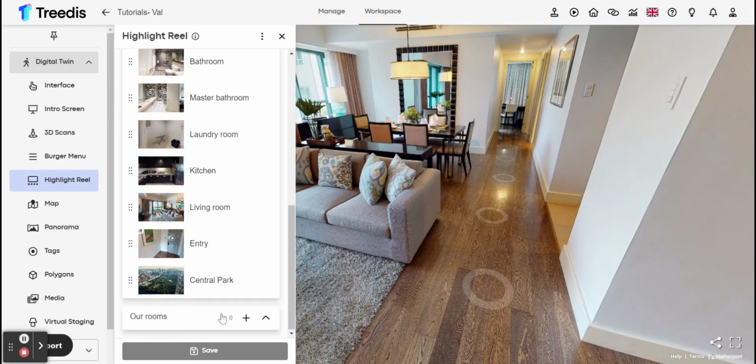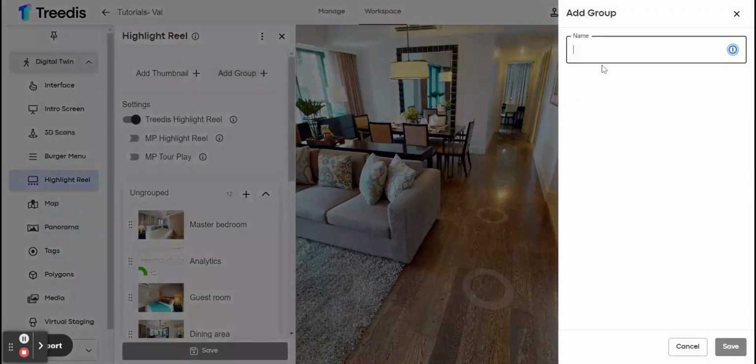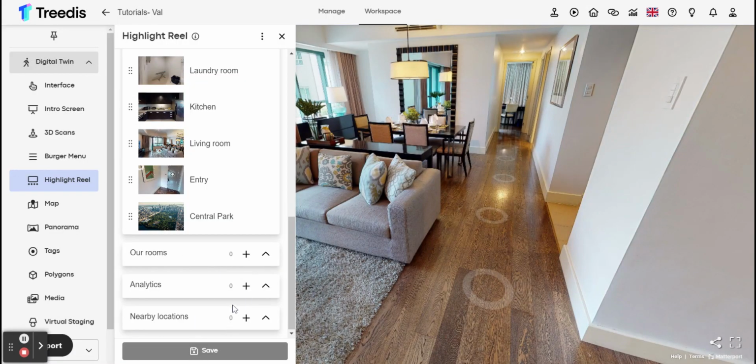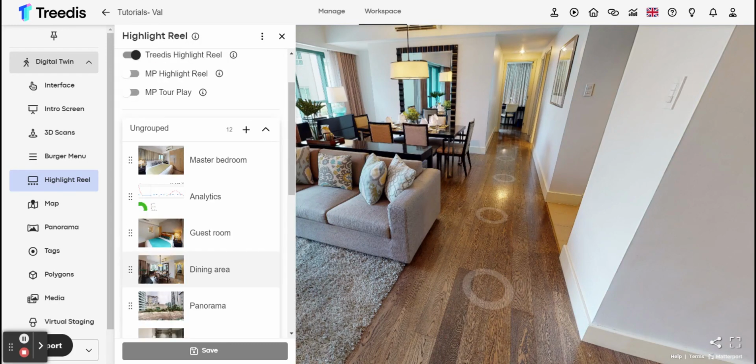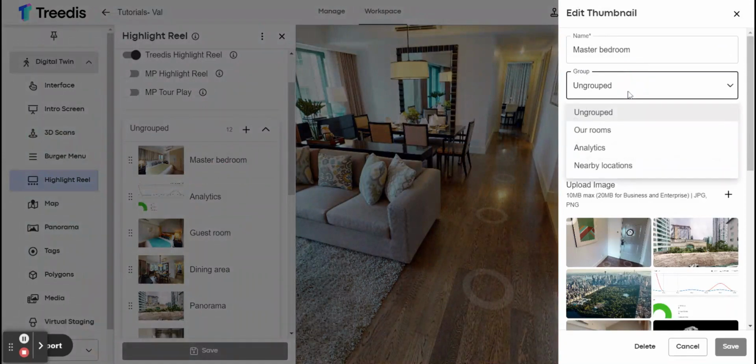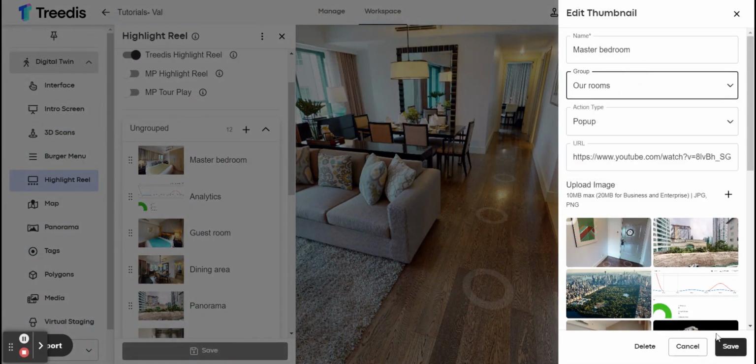And there we go, my first group. The second group will be analytics. And the third group will be, let's say, nearby locations. So my three groups are here, and now all we have to do is go through each view and assign it to a group. So this will go to our rooms,